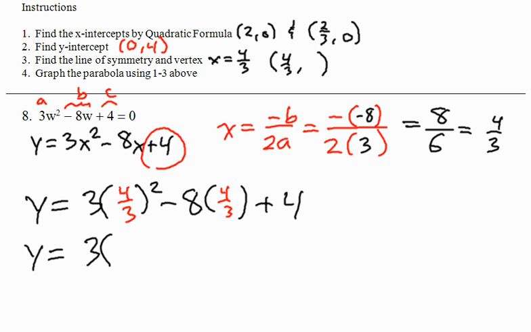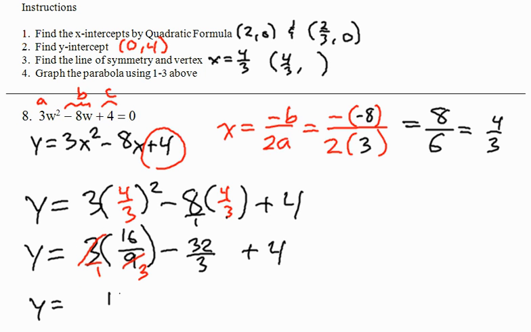So we've got 3 times 4 squared is 16, over 3 squared is 9. Let's make this 8 over 1, that way there's a negative overall. 8 times 4 is 32, and 1 times 3 is 3 on the denominator. And finally plus 4. Taking this further, you could do 3 times 16 and 1 times 9, but it's easier in this case. Since 3 can go into 9, I would do that first. So left over is 16/3. So we've got y equals 16/3 left over here,